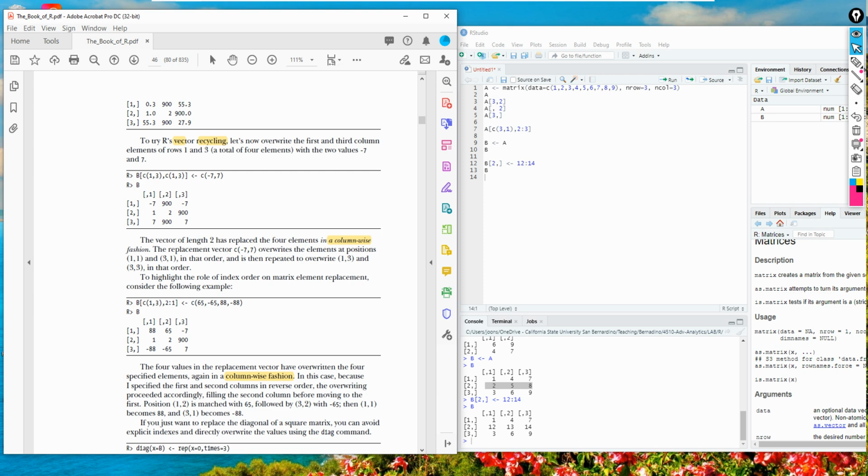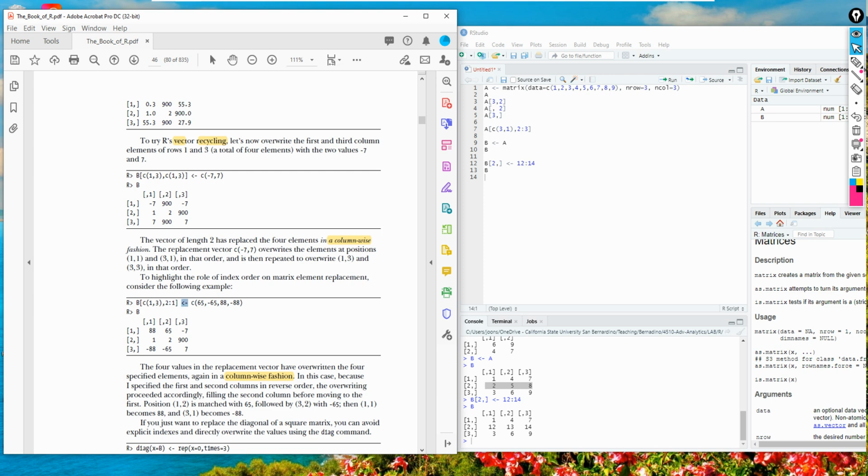I want to discuss this example first, because this really shows that when you replace a value, the replacement takes place in a column-wise fashion. That's important. So now let's take a look at this example.